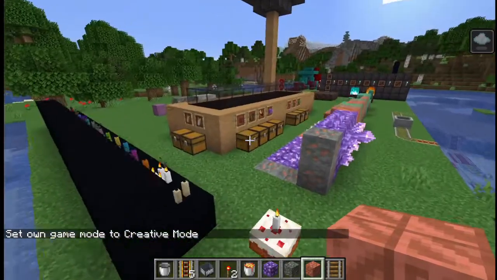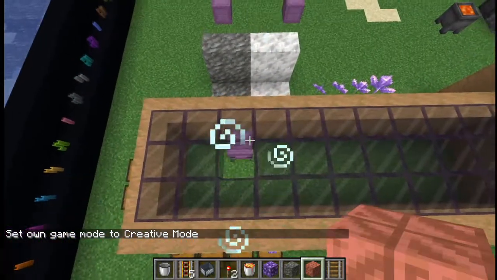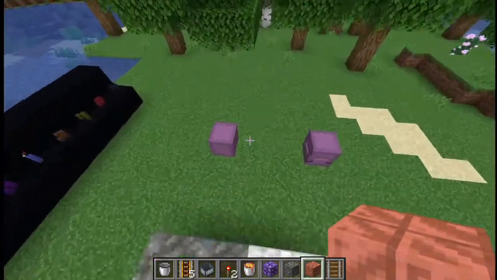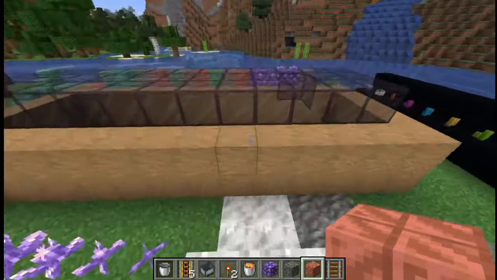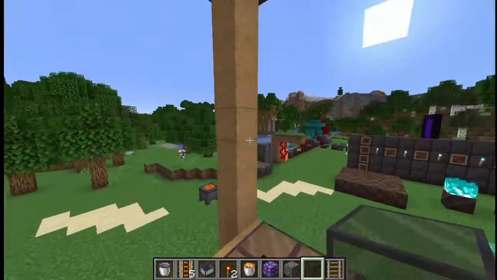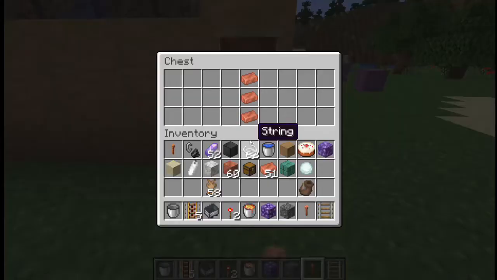Alright guys, so yeah, now that I'm in creative mode and I'm safe, if I come in my little room over here, we've got a shulker, and this happened because this shulker's projectile, or that one's, hit one of the other shulkers, and whenever that happens there is a chance that they will spawn out a new shulker, which is a really cool feature. Another one to have a look at over here is the lightning rod, and this is